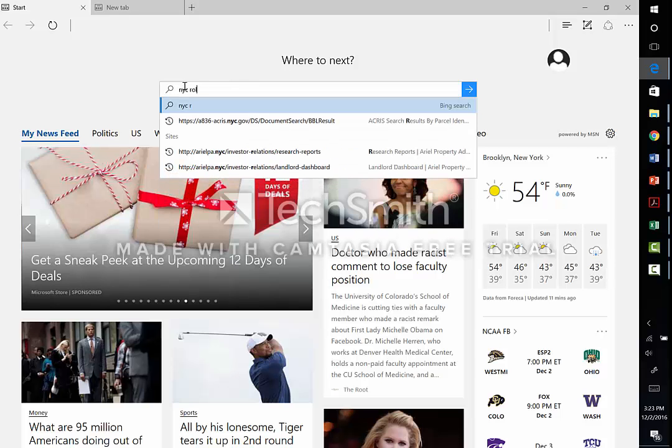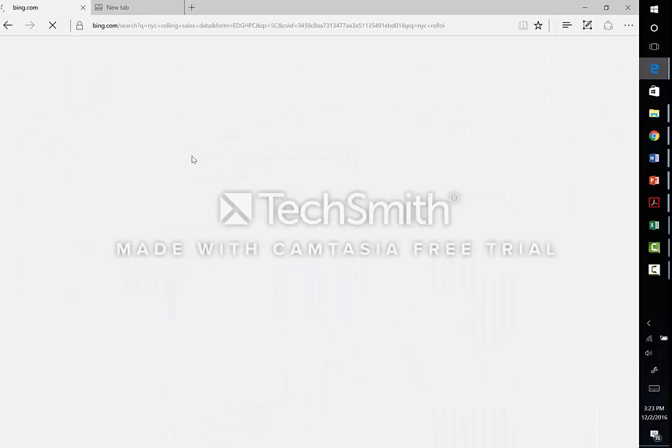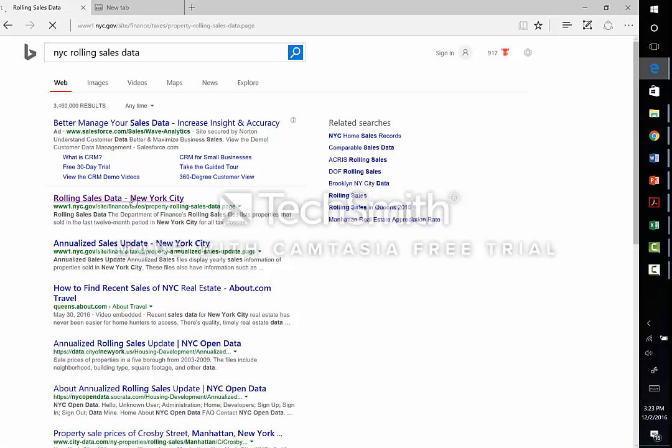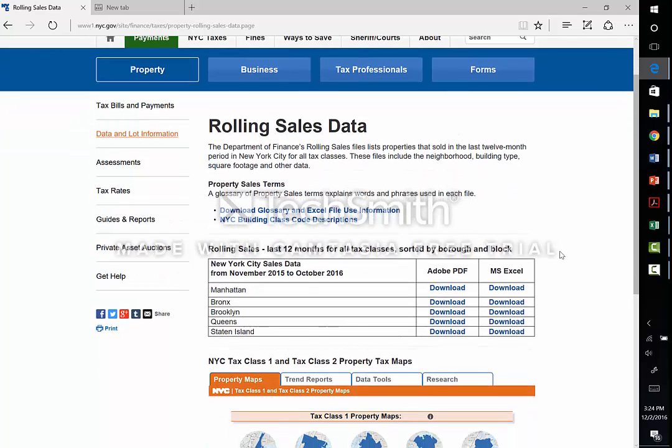Google NYC rolling sales data. Once you find the correct link and you click into it, you can see that it brings you through to a city agency, the New York Department of Finance website, and you are able to download the data from all